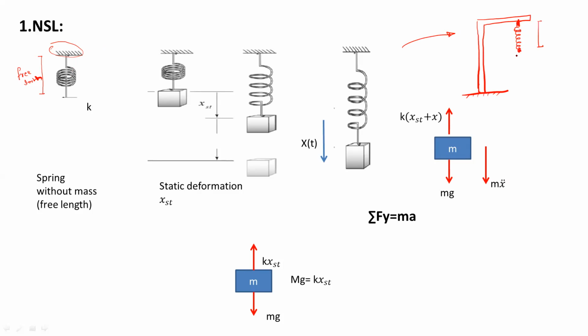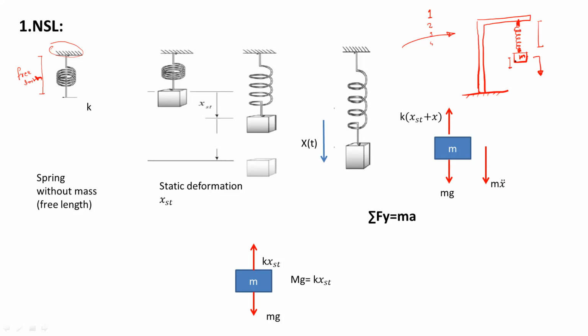There is no deformation. After that, you will connect one mass, a known weight. These are standard weights: 1 kg, 2 kg, 4 kg. We have to connect it gently. After that, do not release the weight immediately. If you release the weight immediately, it will provide an impact force, and in that case the vibration will be different. In order to get simple harmonic motion, we need to release it gently.